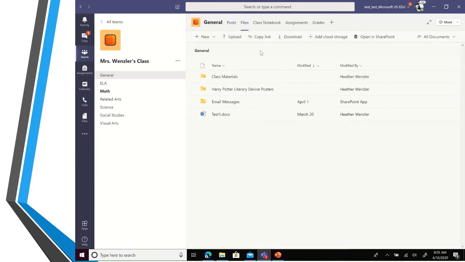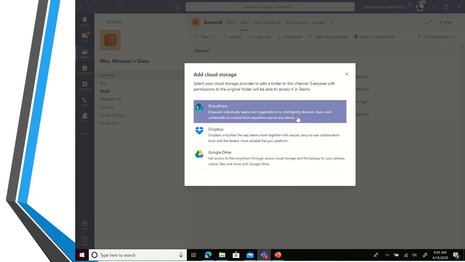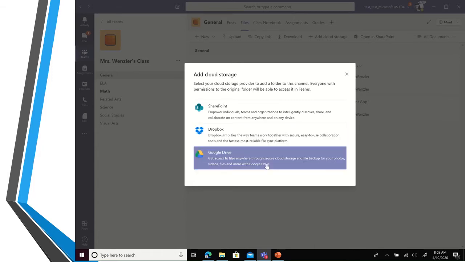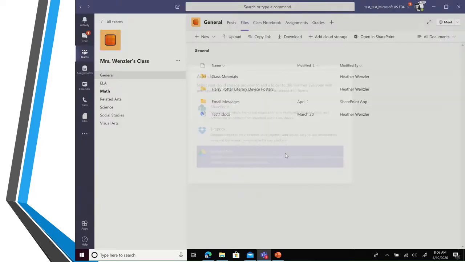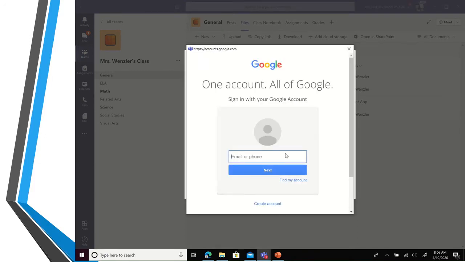So I click on Files, and in order to link over my Google account, I'm going to click Add Cloud Storage, and then I have some options. If you're currently a Microsoft user, you can link your existing SharePoint files. If you have a Dropbox personal or your school account, you can link that. And again, here's our Google Drive. So I'm going to click Google Drive. And then it's going to ask me to sign in. So I'm going to sign in with my existing